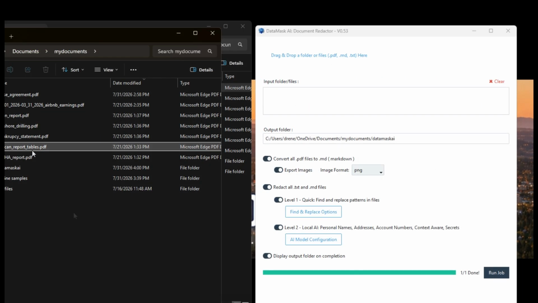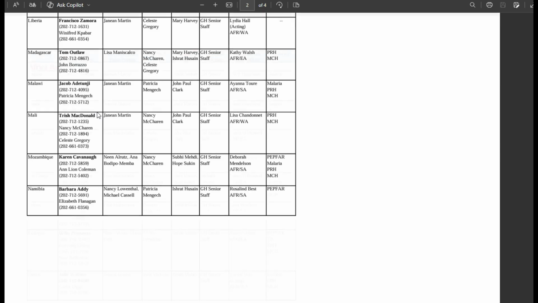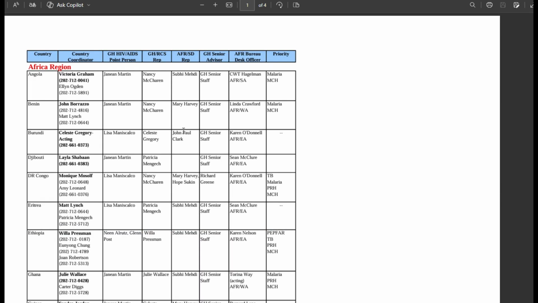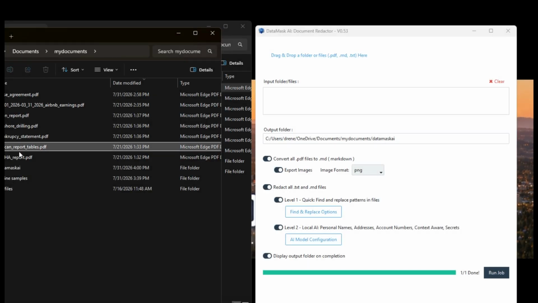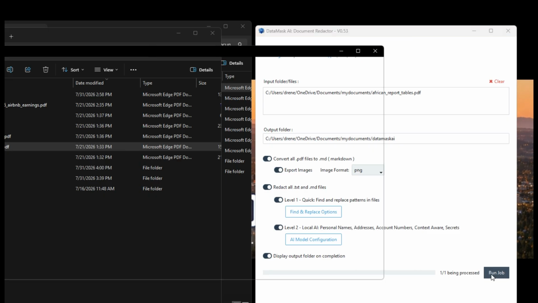Now, in this next example, we'll take a look at tabular data, where not only can we convert and redact all of these fields, but also the PDF converter will maintain the tabular nature of this PDF file. First, let's take a look at private data. As you can see, it contains phone numbers, personal names. Now, if we drag and drop and we run it,